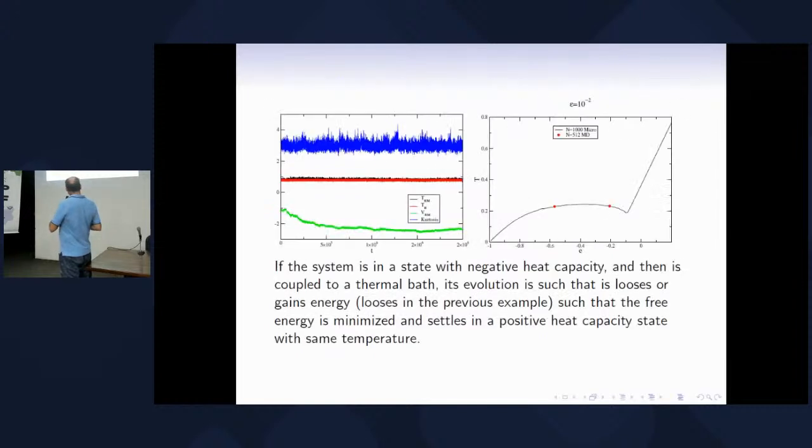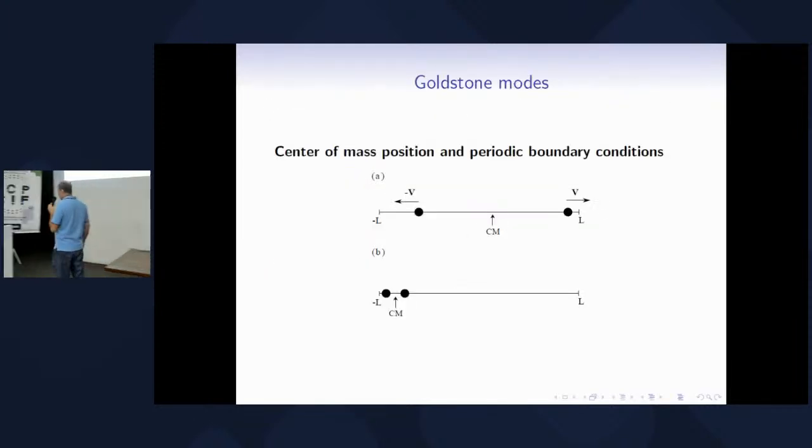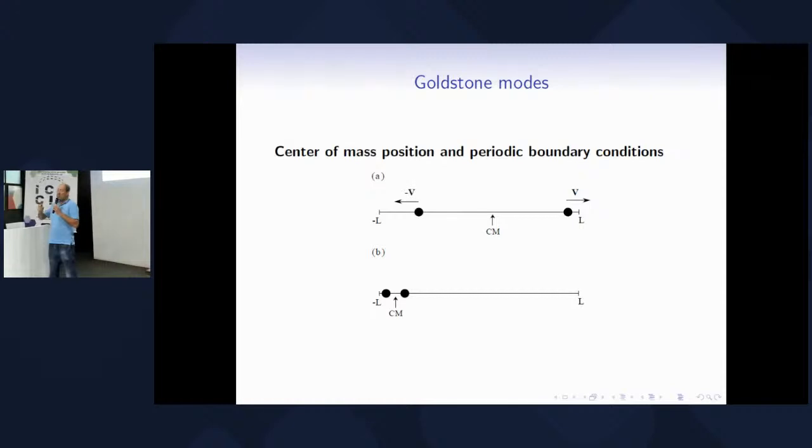Well, the first thing is when I have a periodic coordinate, like in the HMF model, it lives in a circle. The angles theta are periodic, okay? So I can compute on the circle the position of the center of mass. And when you do some simulations, you verify that your center of mass is moving, even though the total momentum is zero. So we have total momentum, the average velocity, is zero, but your center of mass keeps moving.